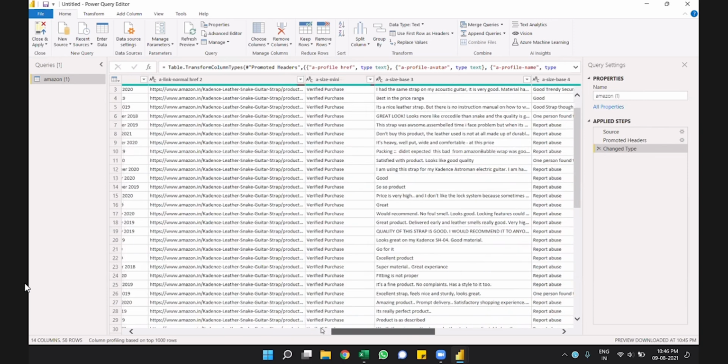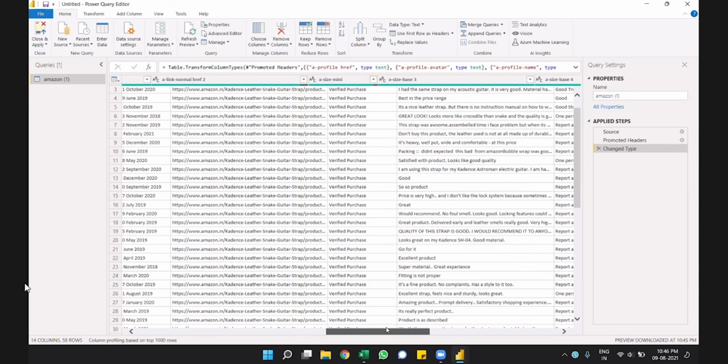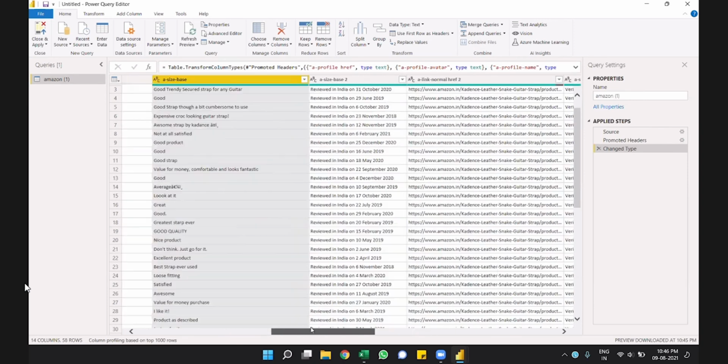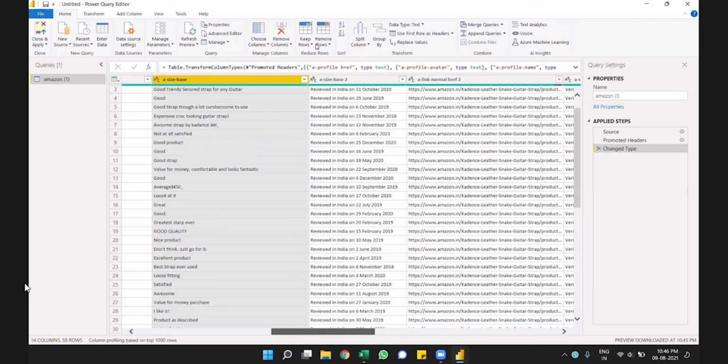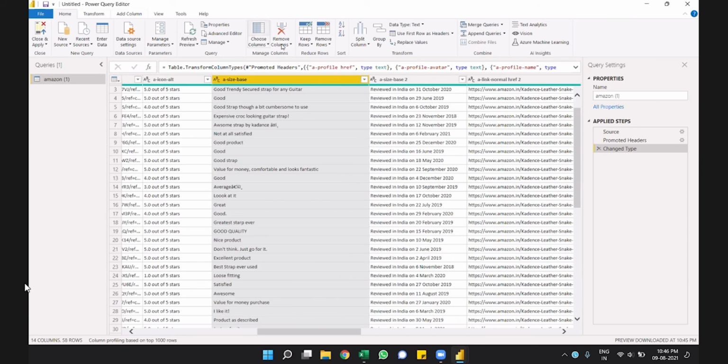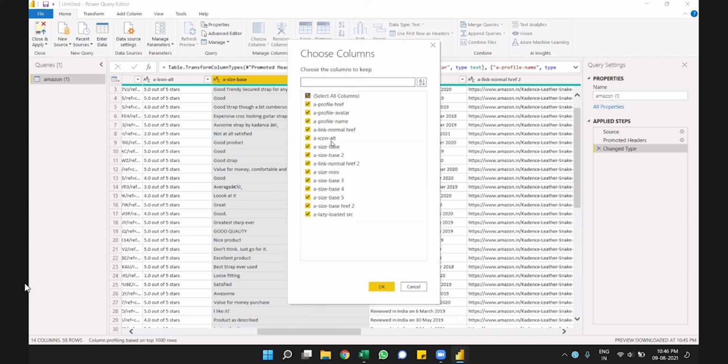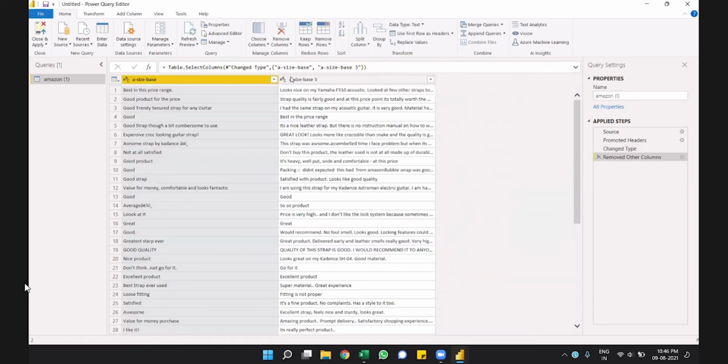So we can go to Choose Columns and just keep whichever ones we want. Select the columns, click on OK, and multiple will be there.